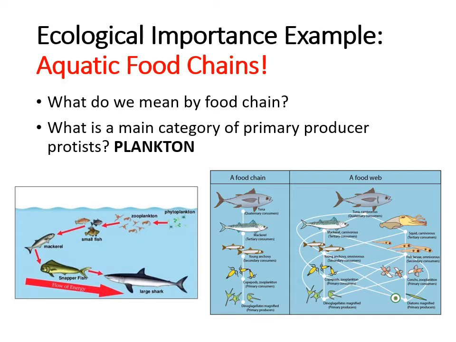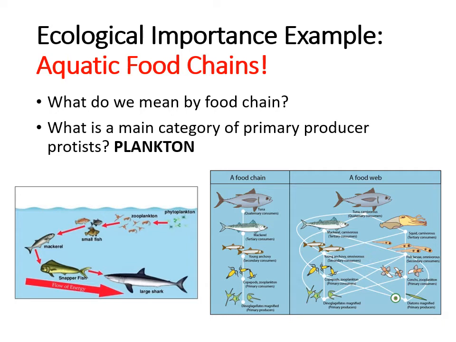Now on this slide, you see the difference between a food chain versus a food web, okay? So in a food chain, you'll see how nutrients or feeding relationships exist in a linear fashion. So you're looking at one organism eating another organism, getting eaten by the next organism, whereas a food web shows you all the interconnected relationships of those nutrients in that big population. So a food web is basically many food chains put together,